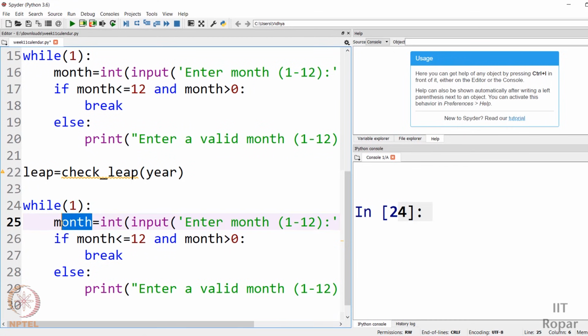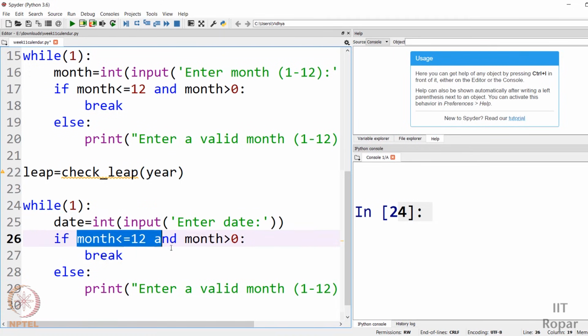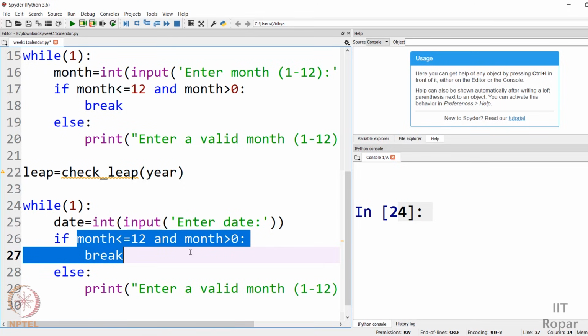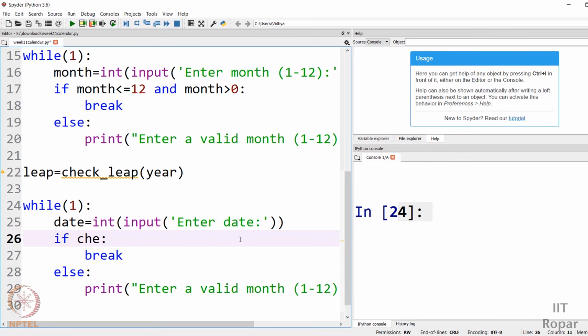So I have to get date, let me say date. Enter the date. And for date, we don't have a fixed range, something like that. So let me remove this part. But still you should check if it is a valid date or not. So let me say, I'll use a function here as well. I'll use a function check